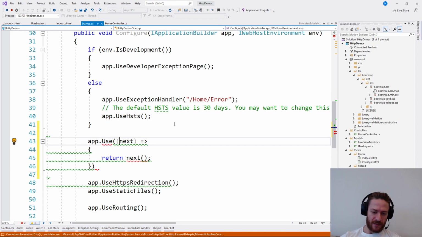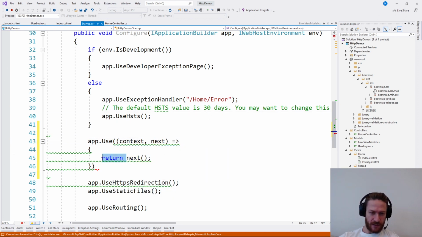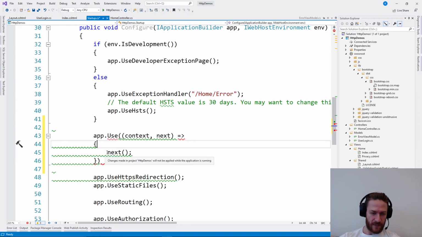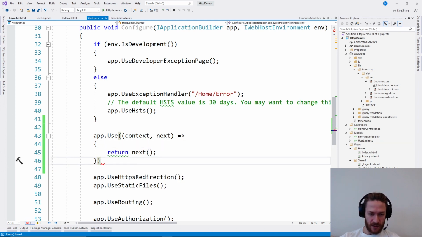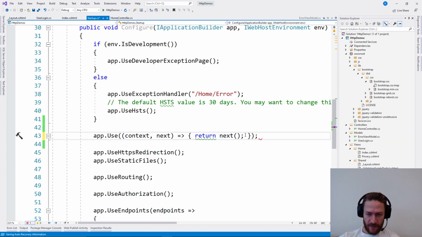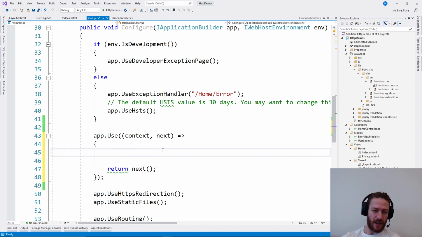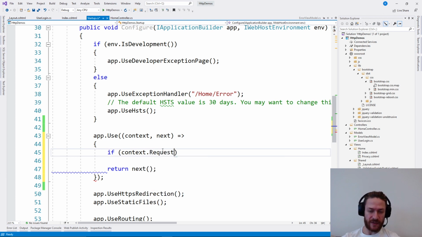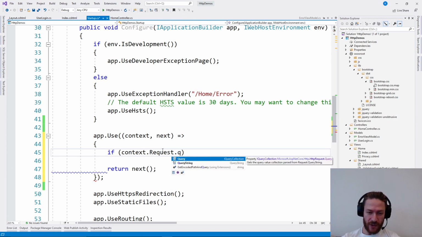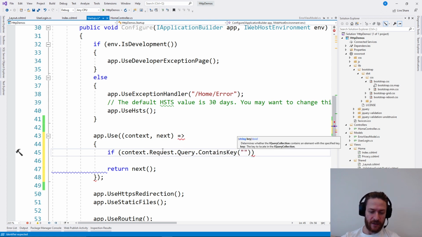It should be something like context, next, and then let me stop that because the green lines make me nervous. Okay, so I can make something like if context.Request.Query.ContainsKey secret